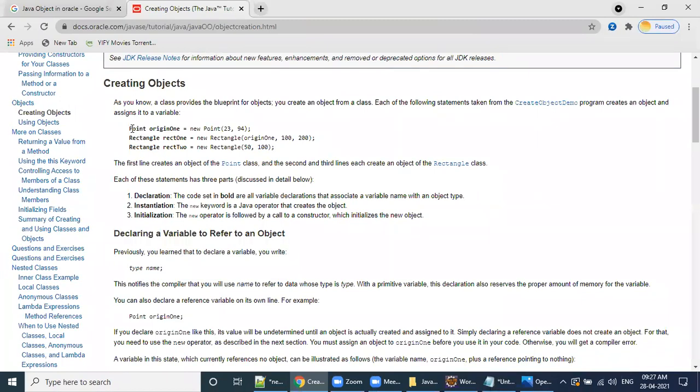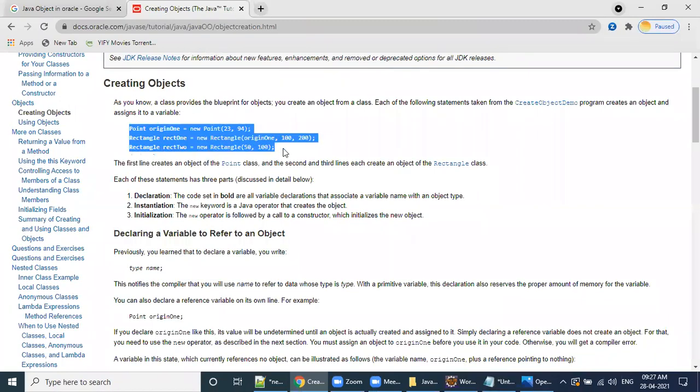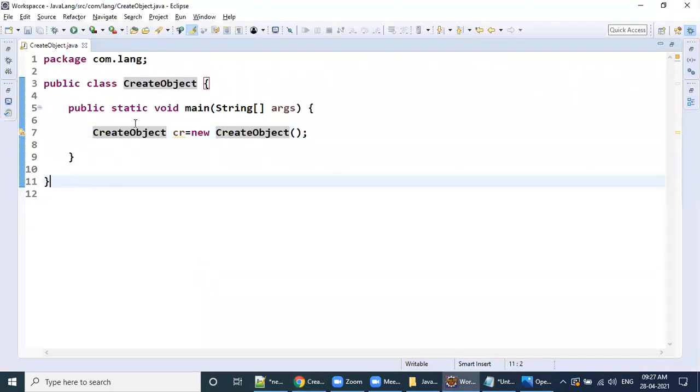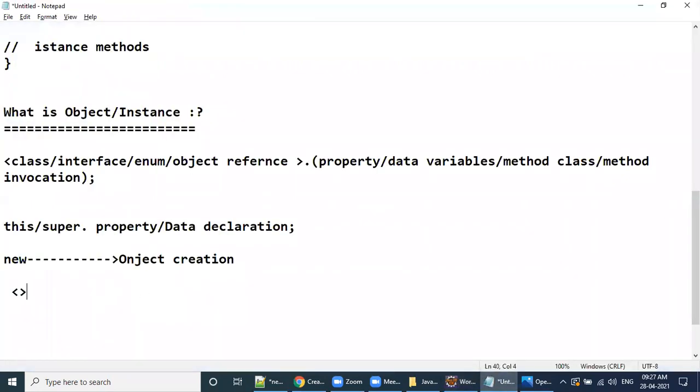Now see, in a similar way, first declaring a variable that refers to an object. How can you declare a variable? As you told me, right?